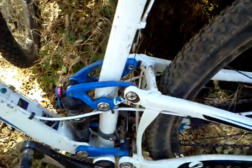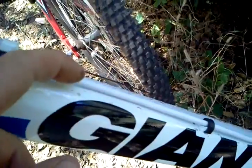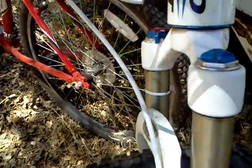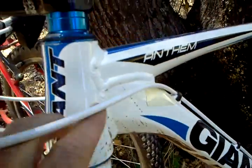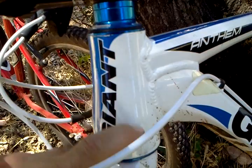And as you come back up here, I'm going to move toward the front of the bike again. This right here, okay, this line is different than this line. This is a cable line. This is for the derailleur. This is your brake line. This is actually a hydraulic line. Okay, so as we come up here, I'll go into that again, but this here is your head tube,